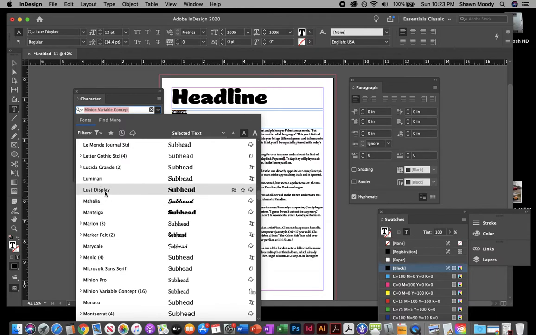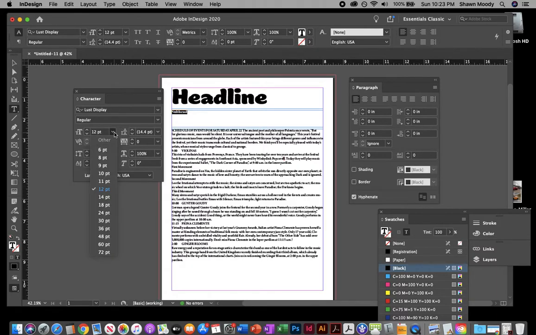Let's give it this display, and we're going to bump that point size up. I'll try 48 point. Okay, so we changed those two fonts. If you recall from our demo, I talked to you guys about invisibles and the importance of having invisibles